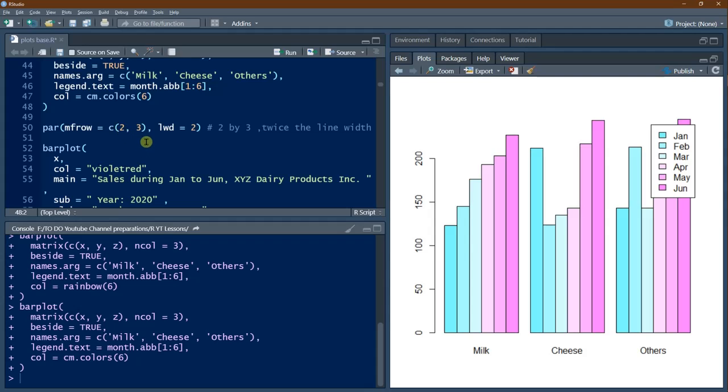So there will be 6 plots, and each plot will have to take a place. One plot will be here, 2 rows, therefore second plot should be here, third plot should be here. So 3 columns. Similarly, one plot will be here, another one will be here, another one will be here. So that's what we are going to get. So let us define this barplot function.